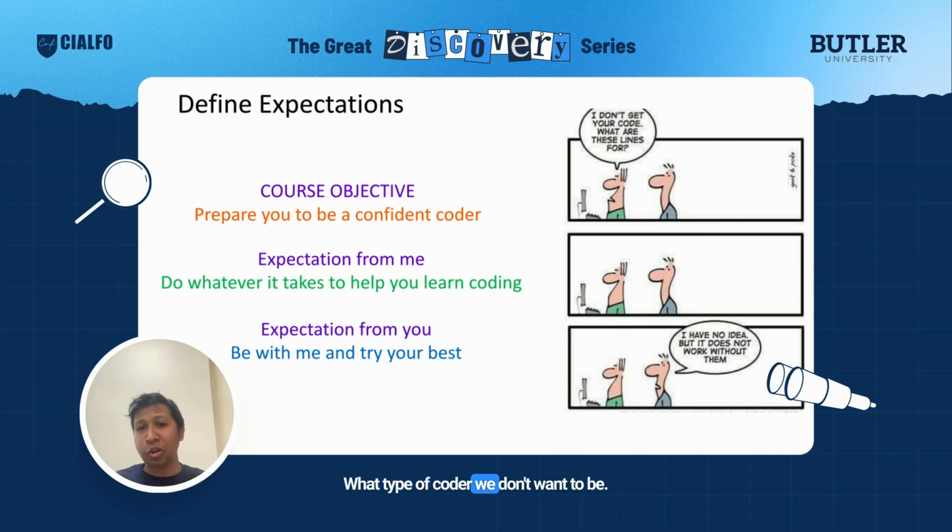What type of coder we don't want to be? Suppose you write a code and I ask you, I don't get your code, and what are those lines for in your code? And you say, I'm not sure, but without those lines, the code doesn't work. If you are not sure, whatever helps you write a rational coding, just write that. I'm not looking for a perfect answer, I am looking for your logical answer. Okay,